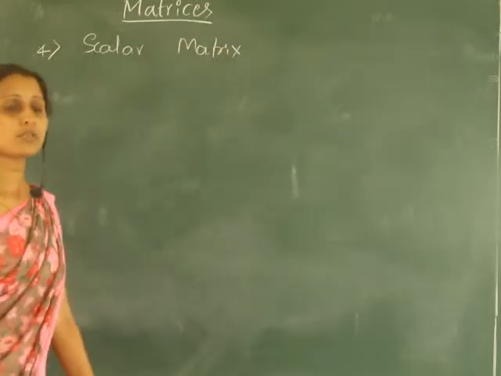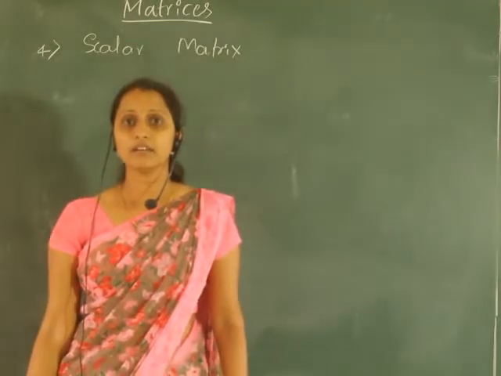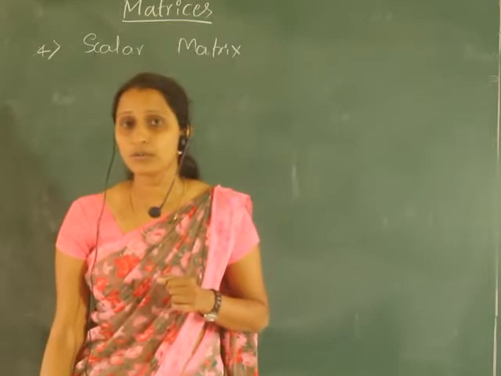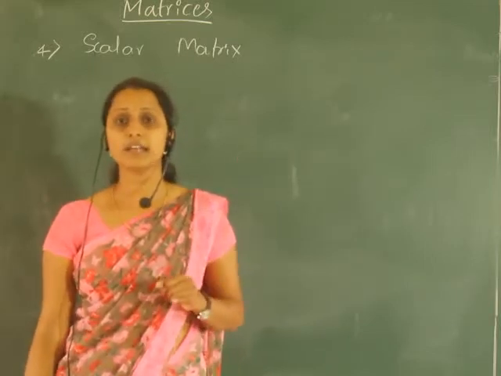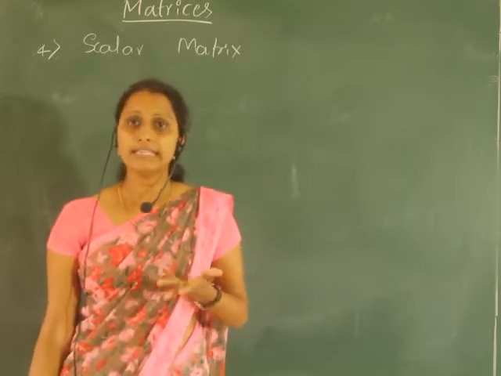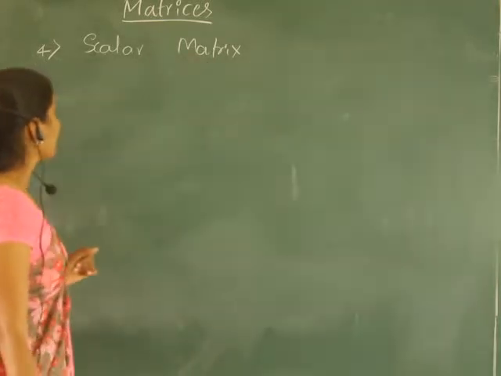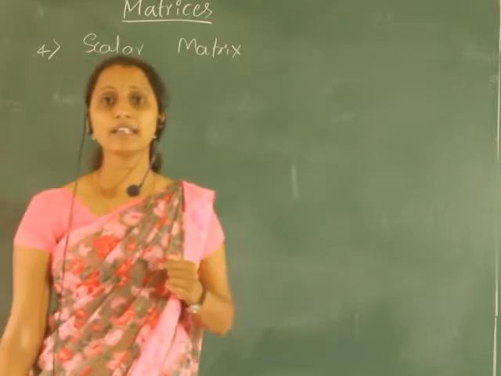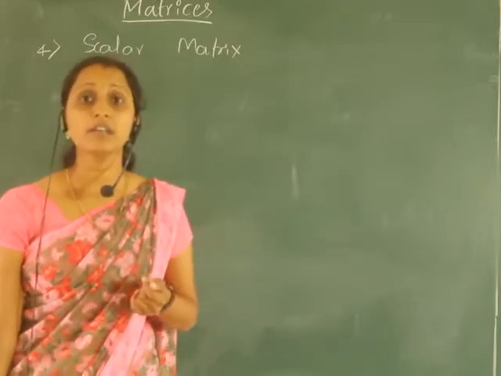So we have discussed the square matrix. So what is a square matrix? In a square matrix, the number of rows is equal to the number of columns. And in the diagonal matrix, the non-diagonal elements are zeros and the diagonal elements are any constant. That we have discussed about the diagonal matrix. Now what is a scalar matrix? We can define a scalar matrix in two ways. One is in terms of diagonal matrix and one more in terms of square matrix.